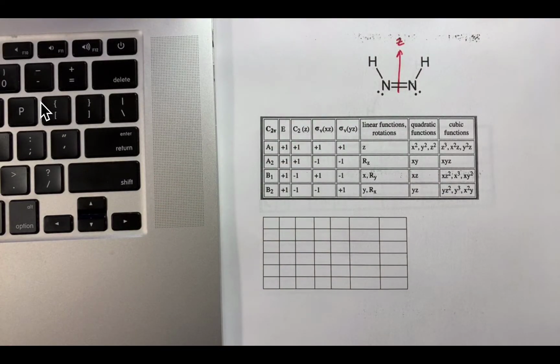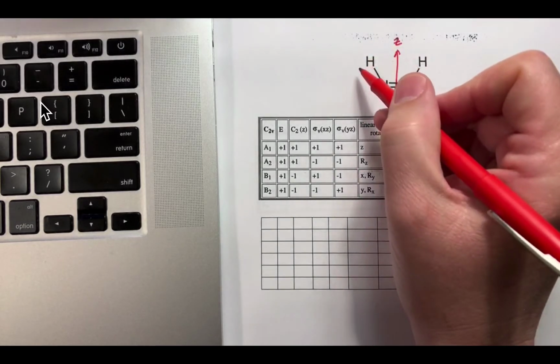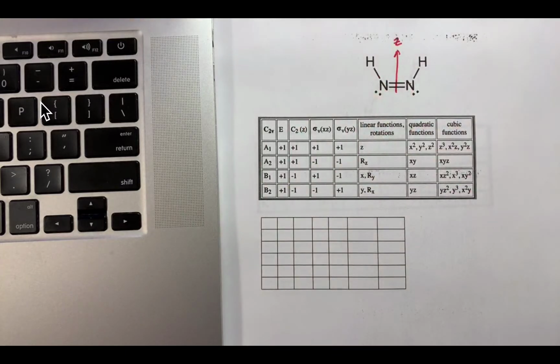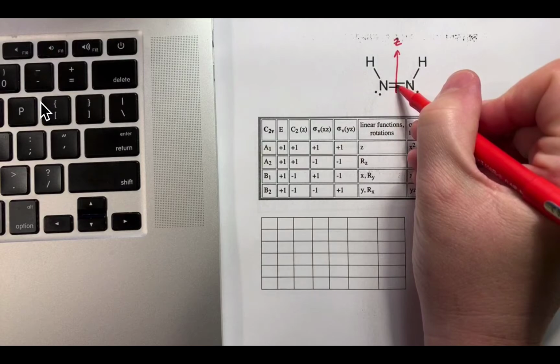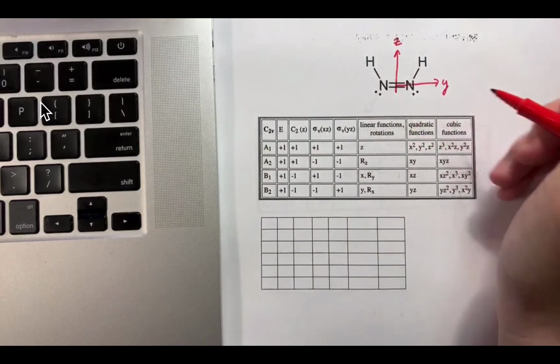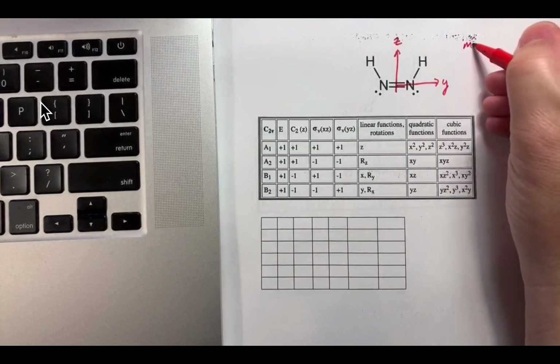And beyond that, it actually doesn't matter whether we put the molecule in the XZ or the YZ plane. So I am going to choose to put this molecule in, I'll call this one the Y-axis. So molecule